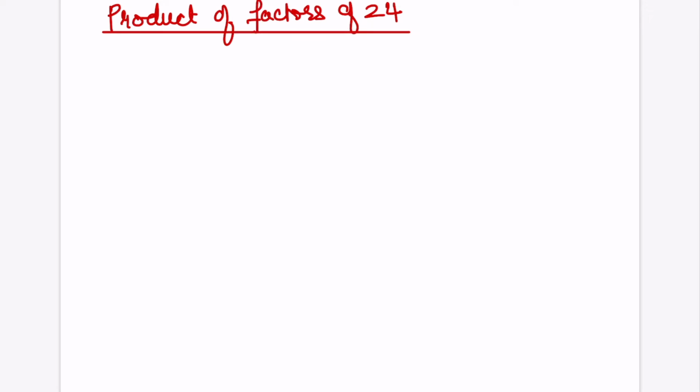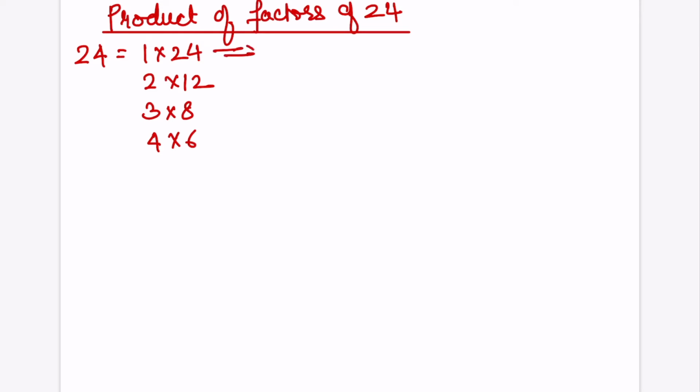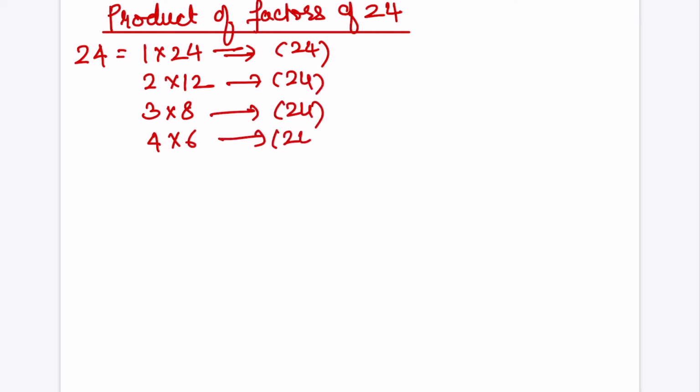The product of factors of 24. Now the factors of 24 were 1 into 24, 2 into 12, 3 into 8 and 4 into 6. Now we have seen that the product also comes out to be 24. It is obvious that the product will be 24. So the answer should be 24 to the power 4, because we want to find out the product of factors